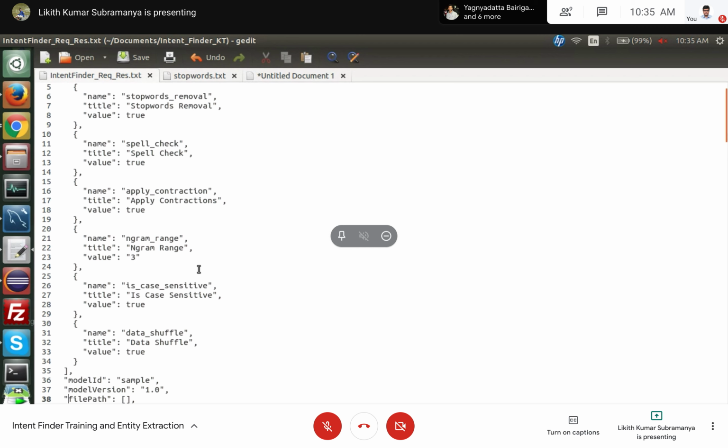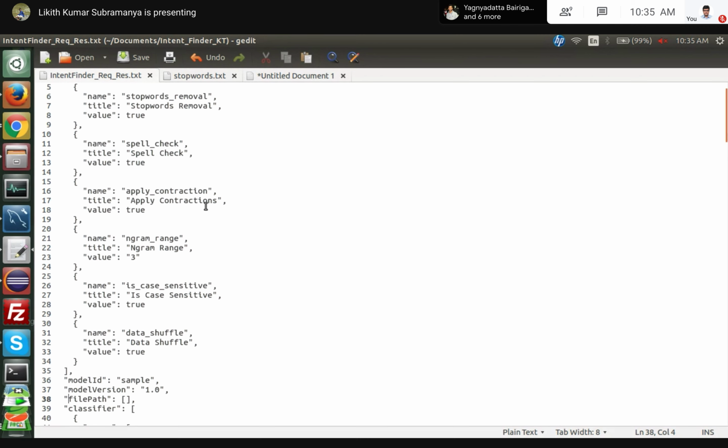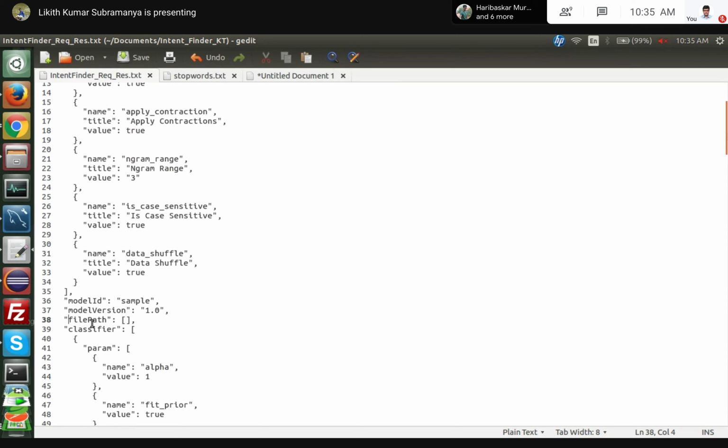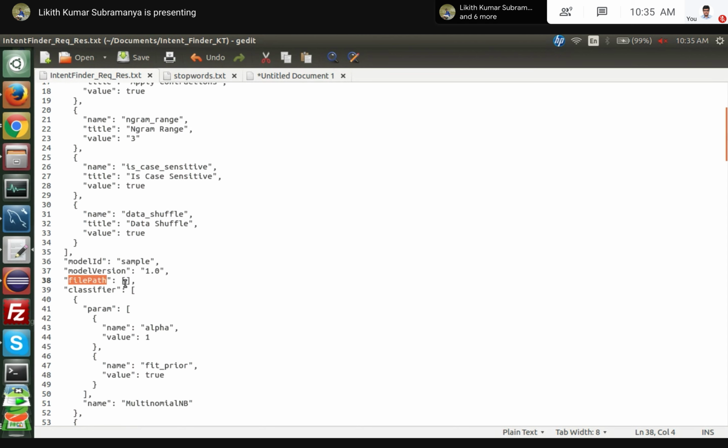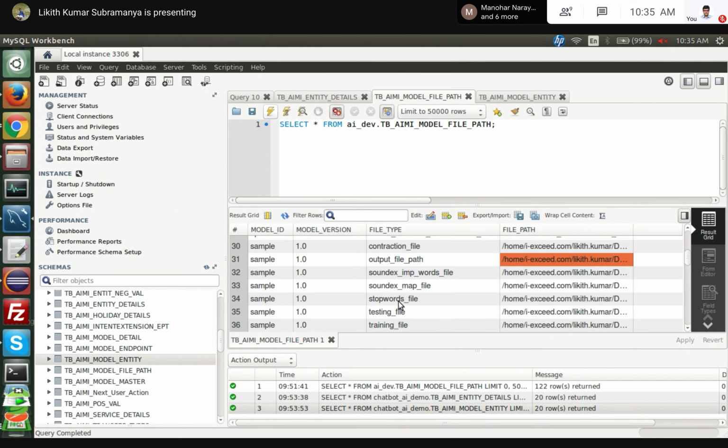And one more question. We are specifying the file path, and we are giving the key and the value name. The key has to be the same, right? For example, for stopwords, is there a reserved key name, or can we give any key name? There is a constant file name, like stopwords underscore file. This is the name which you need to give there.